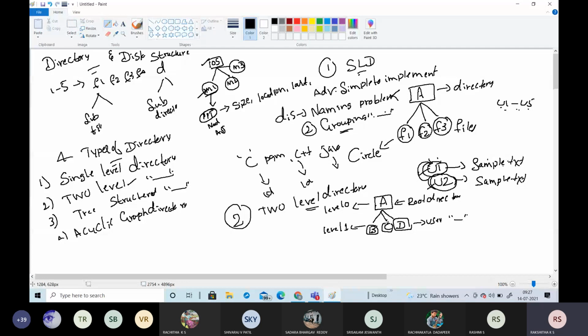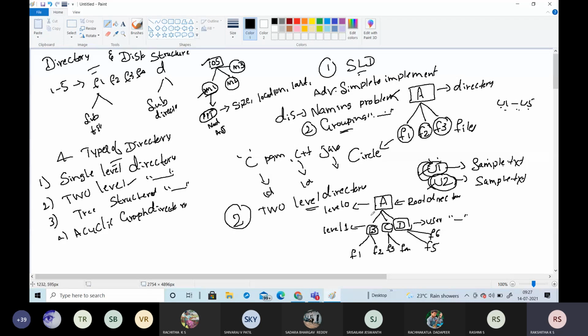If user 1 is created, there will be different files, like F1 and F2 for the B directory. For the C directory, F3 and F4, and for the D directory, F5 and F6. So to overcome the grouping problem, we have moved towards the two level directory.